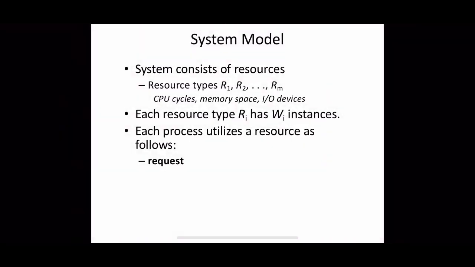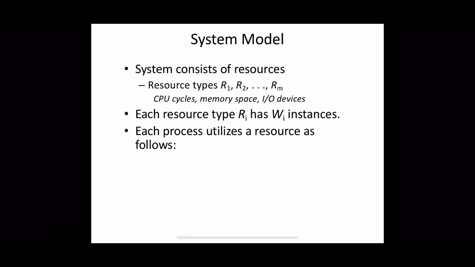Just for example, if a process needs some memory, it should request it using a system call called allocate. Like that, if a file needs to be opened, the open system call will be used by the process. This is an example of a request. Now if the request cannot be granted immediately, for example, if the resource is already acquired by some other process, then the process has to wait until it can acquire the resource.